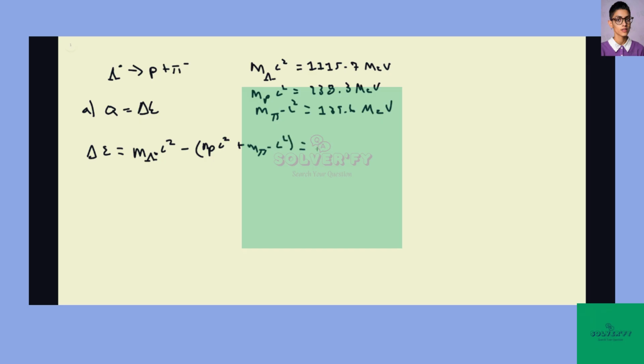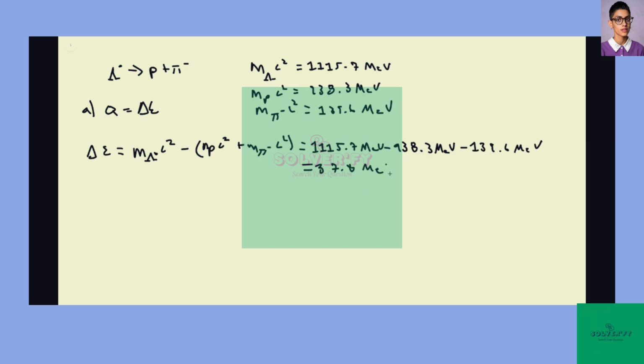So if we plug in our numbers here, it's 1115.7 MeV minus 938.3 MeV minus 139.6 MeV. So this gives a total Q of 37.8